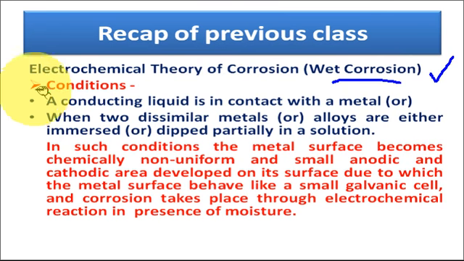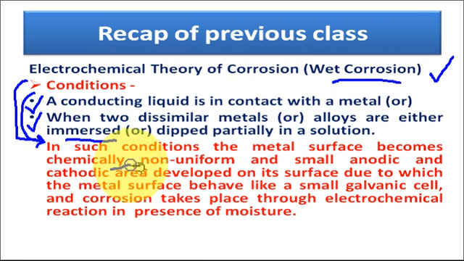And we know in the last class we learned that in two conditions metal undergoes corrosion. What are these two conditions? First, when the metal surface is in contact with any type of conducting liquid. Or second, when two dissimilar metals are in contact with each other and are also immersed in the electrolyte solution. So in either case, the metal undergoes corrosion because in both cases, the metal